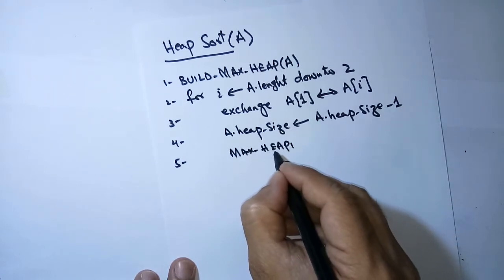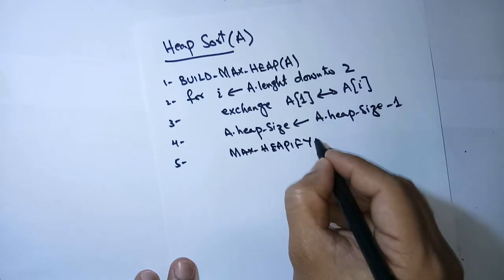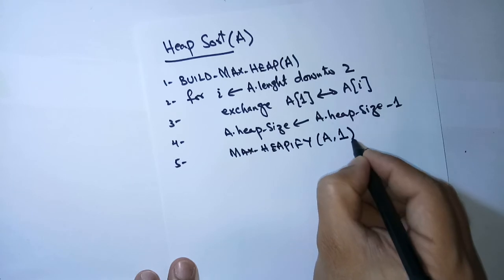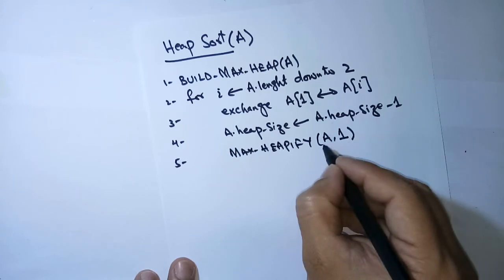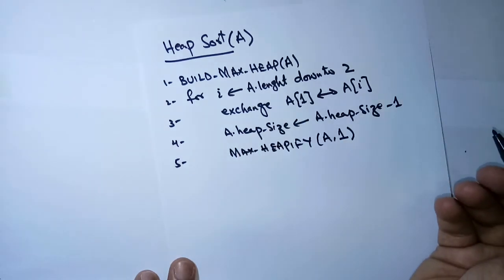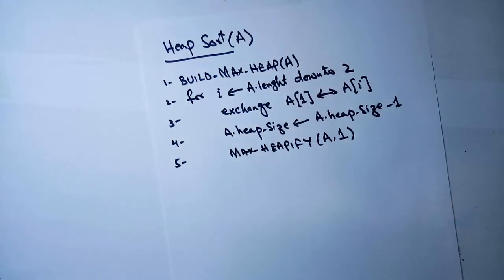We need to heapify it in order to build a max heap on A comma 1. For the first index, call the max heapify algorithm in order to build the max heap again. That's it. So this is a simple algorithm